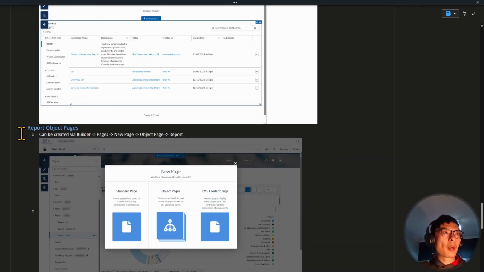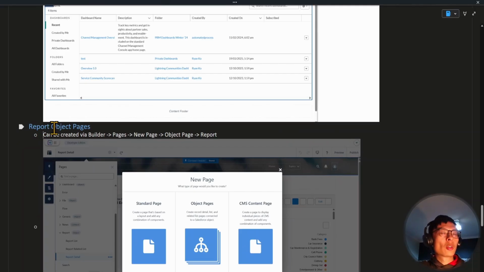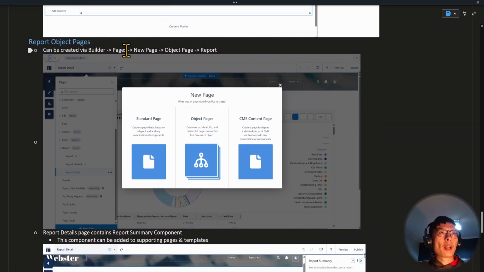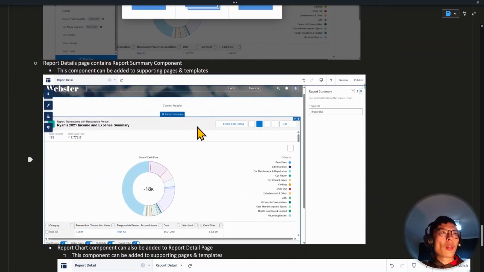All right, let's talk about report object pages. So this is very similar to the dashboard object pages that we just talked about, but these report object pages are to display reports to external users. So to create report object pages, you'll need to go to Builder, Pages, New Page, Object Page, and select Report as the object. The report details page will contain a report summary component, and depending on the record ID,